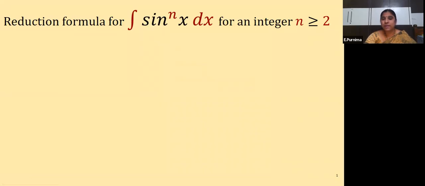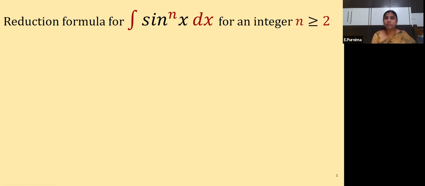Minus cos x. Yes. So if n is equal to 1, then directly we have a formula. But suppose n is equal to 2 or n is equal to 3, n is equal to 4, and so on. Then how can you solve that kind of sum? So here for that also we are trying to find out the general method for integral of sine to the power of nx dx. Using that reduction formula, based on the n value, we can apply that formula and do the integration. Is it clear? So what is that? Let us see here.